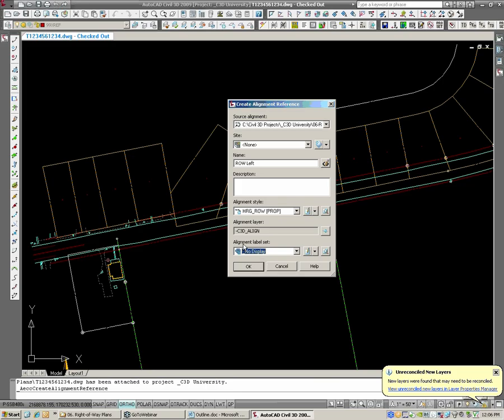Don't want to draw any alignment labels on it. The alignment style is the same style I had in the other drawing, the same spine. We're not going to add it to a site yet, just going to leave it as none site. And the name, of course, we're going to leave it the same. Again, I'm going to change the label set to no display so I don't get any station labels along this